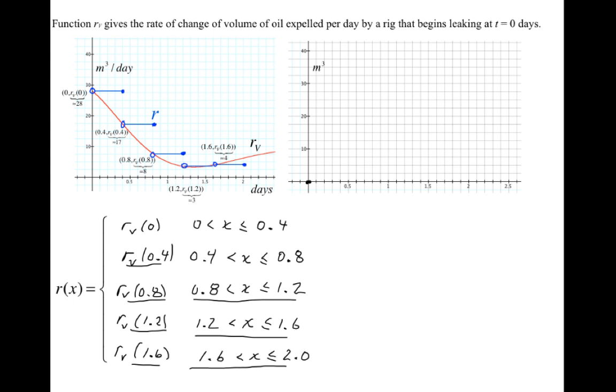Okay, and so if 0.4 days go by at our approximate rate of 28, what accumulation of oil will we have after 0.4 days? How would you find that? What would you do? What I'm asking for is a change in V. And changes in V equal